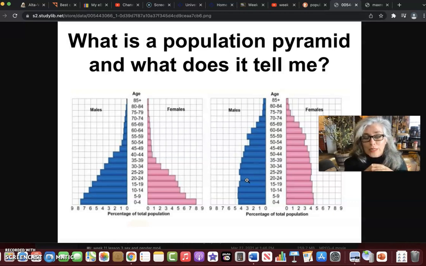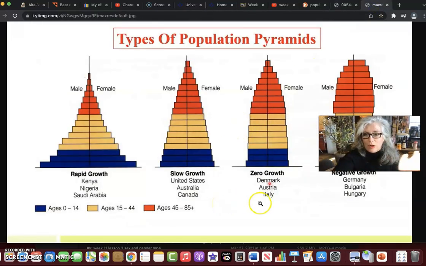So in a population pyramid, you will see how many males versus how many females, with males represented on the left and females represented on the right, and it's the total number in the population. It will indicate whether we're talking about thousands or millions. In this case, it would be millions or tens of millions in some cases, all the way up to 85 and above. So you have age, which runs up and down, and you have the numbers of males and females that run side to side. You compare the females to males, and you compare the age groups to each other. So what does this tell me? What we can glean from these population pyramids